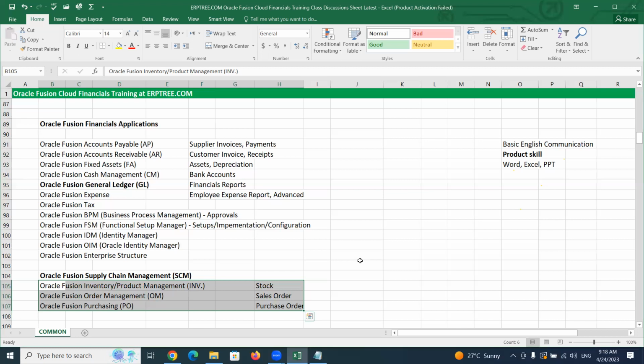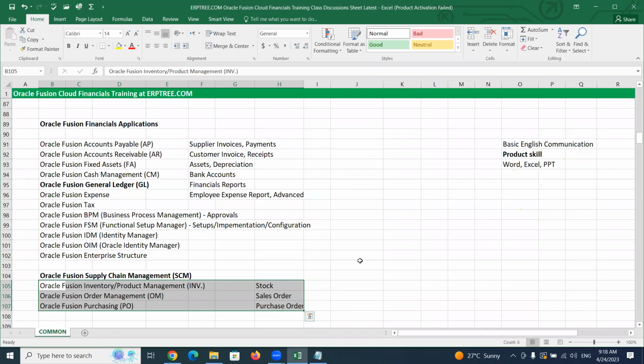We will understand those points. But here the point is, our primary focus would be on financials. Along with that, what level of knowledge we have to acquire from supply chain management, I am going to cover in our classes, so that when you attend the interview, you will be more confident to talk about supply chain management relevant topics.